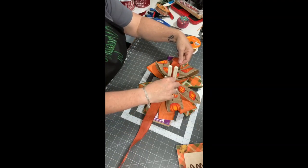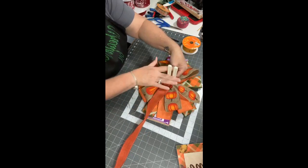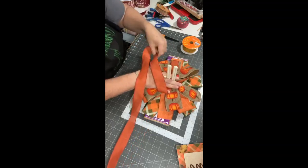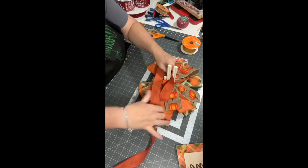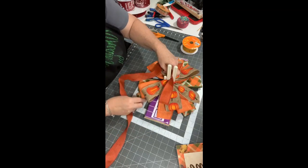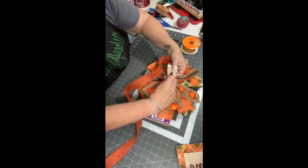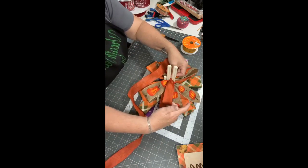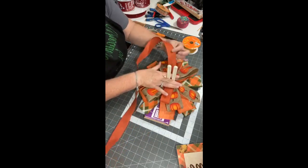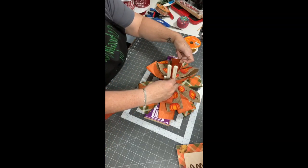So I'm going to make it a 5-inch tail, twist, and we're going to do 4 loops with this one. So these are going to be 4.5 inches. So we're going to look for our lines and go right in between, twist. It's easier to do with a 1.5. There's the back side of the ribbon. Put that in there, do a 4.5 again,